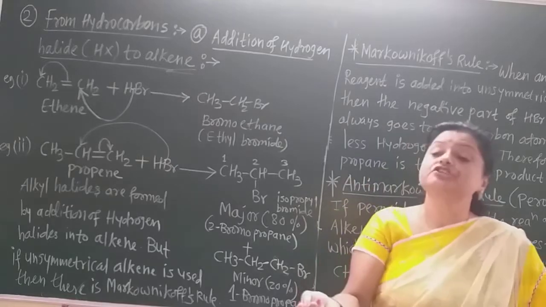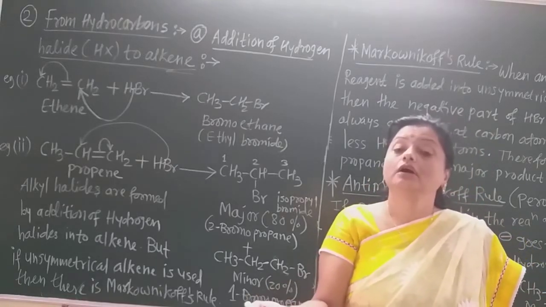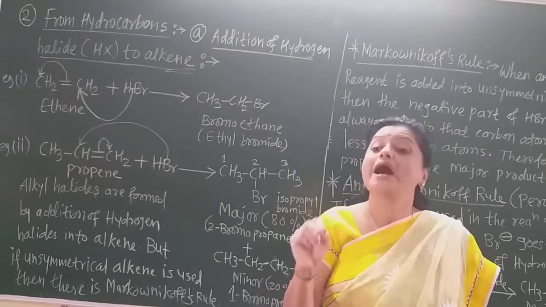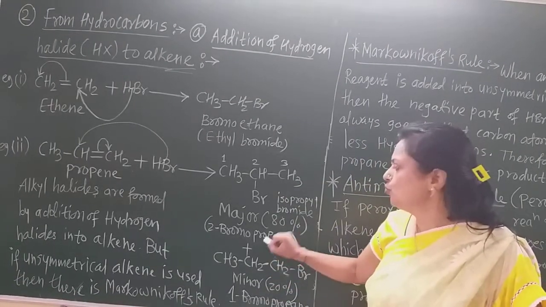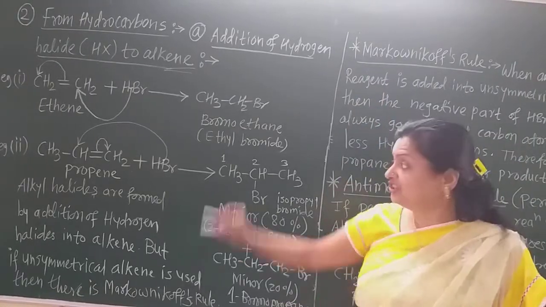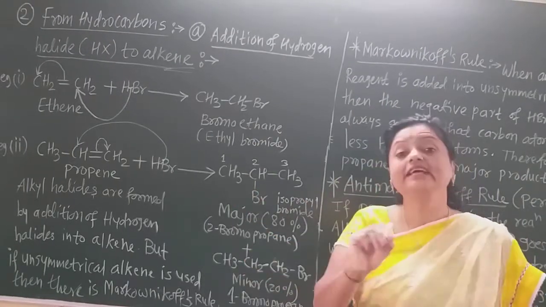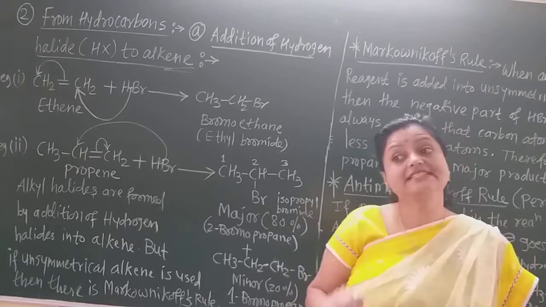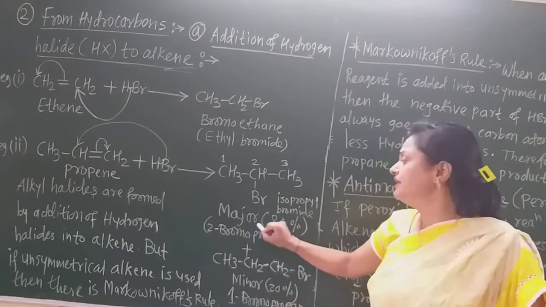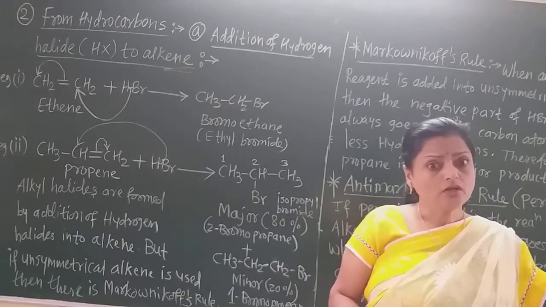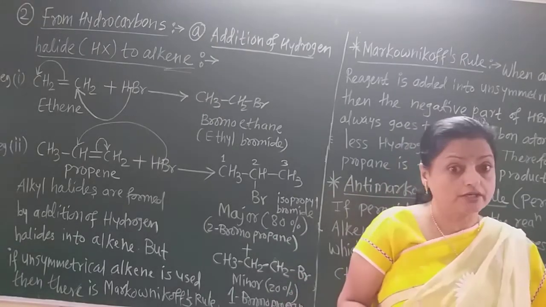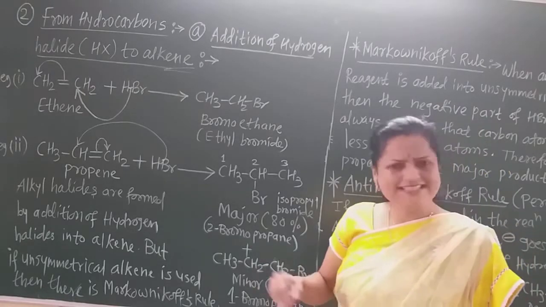So they always ask in the examination, during the addition of HBr into propene, why the major product is 2-bromopropane. Then you must write down the Markovnikov's rule and this reaction for that. Then and then you will get the 3 marks. This reason is always asked on this topic. Now see here, this is the 80% major product. But there is also formation of 20% minor product. At that time, this is minor.